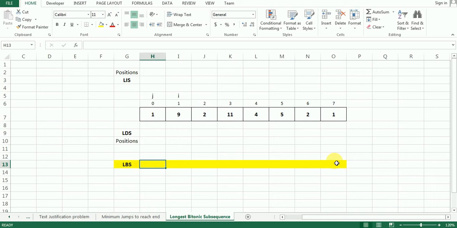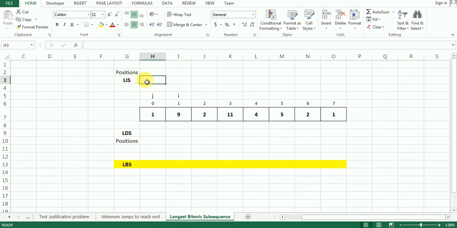So let's begin finding the LIS from left to right. Now you can watch my longest increasing subsequence using dynamic programming video also, to get a better understanding of how to find the LIS of a particular array of integers. But in this video also, I am going to solve the same, so you can watch this as well.